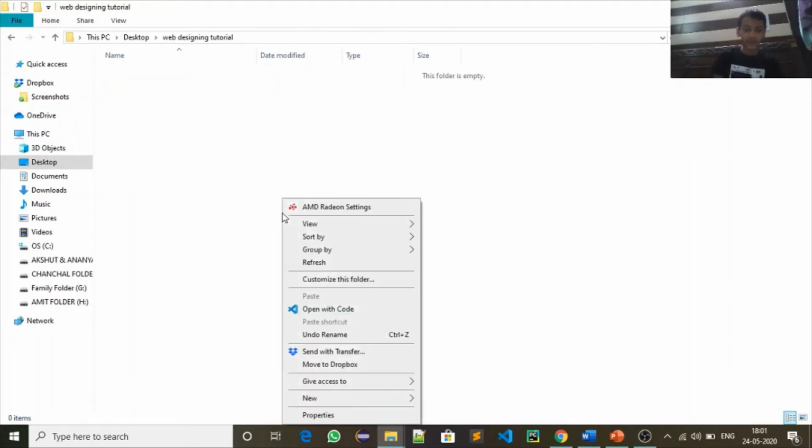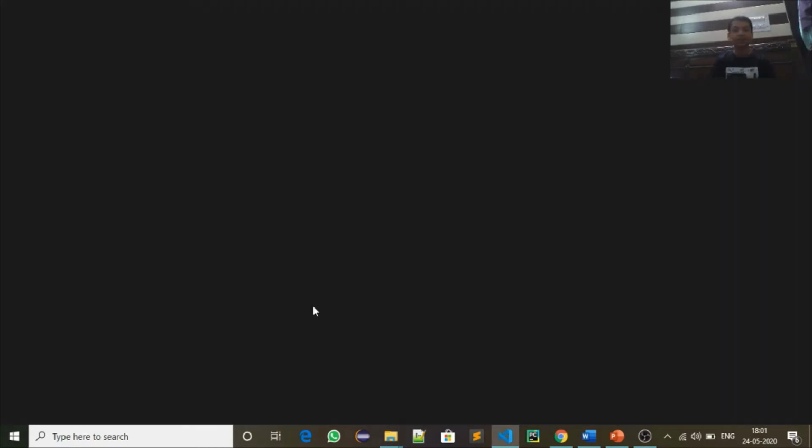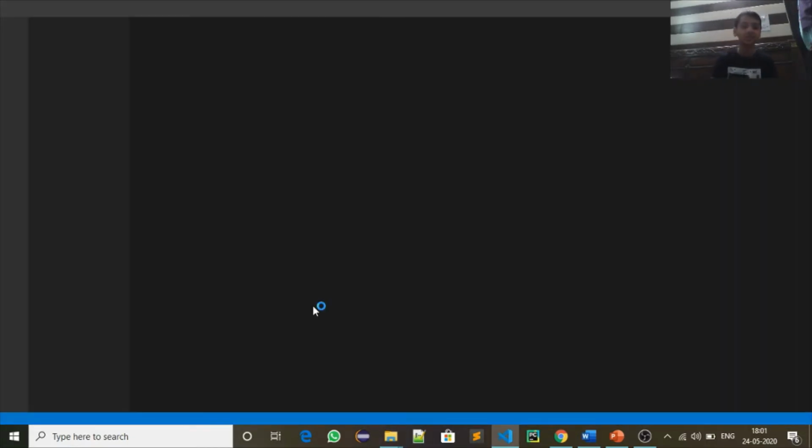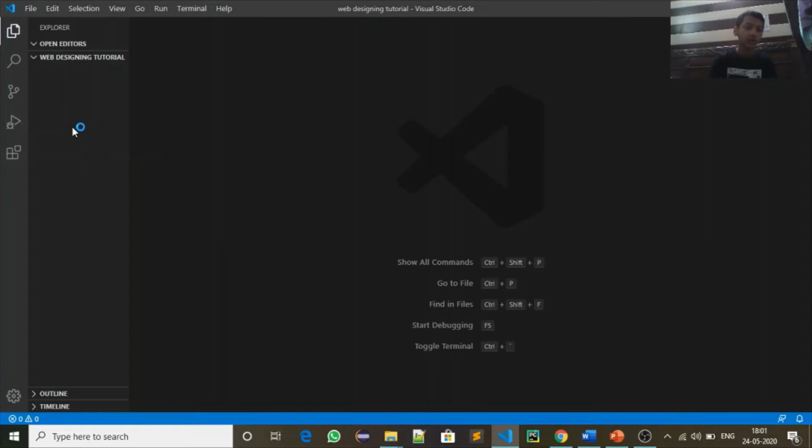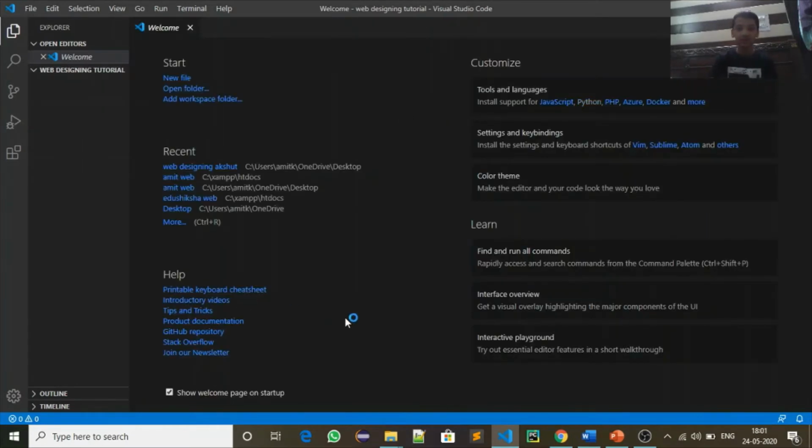So now you will open it and right click on it and select open with code. So it will open this folder in VS Code. So now you will be able to see this thing open. So you can create a new file or folder in this folder web designing tutorial and you can refresh Explorer. So there are many functions in this, as I am telling you. So I will show you